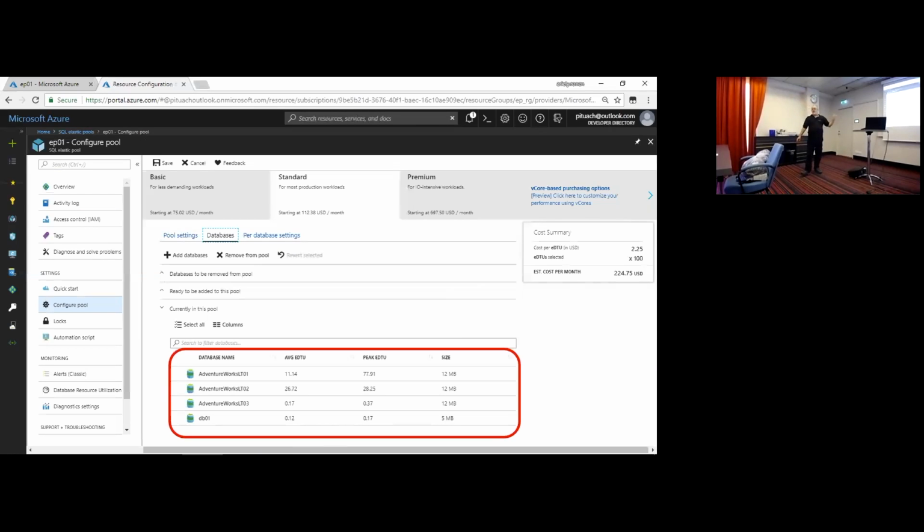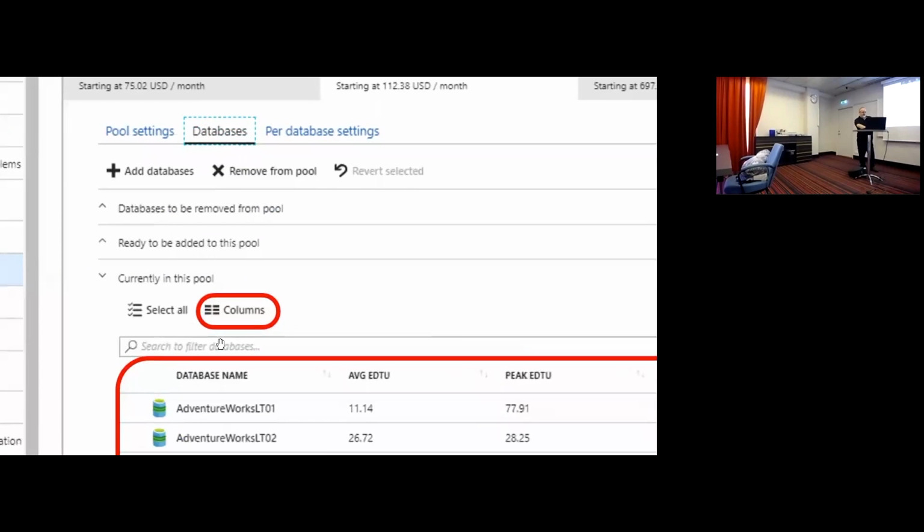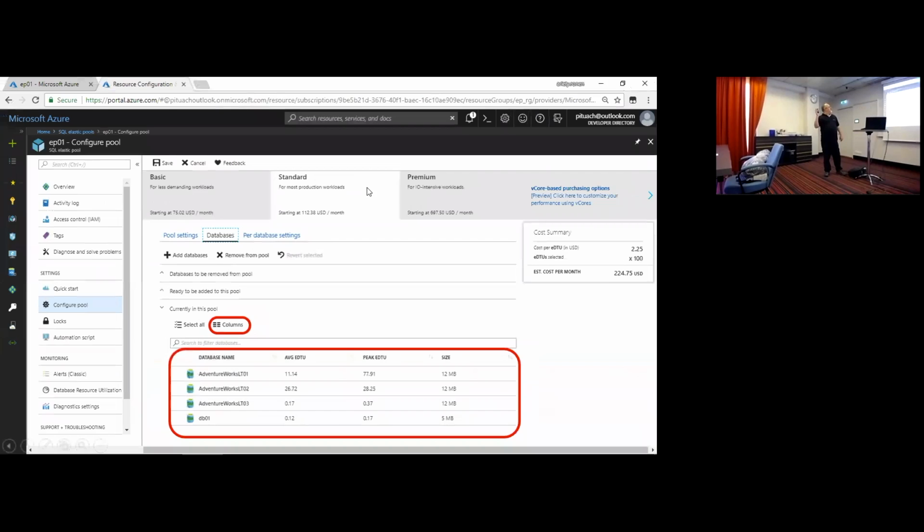Here at the bottom, we can get the statistics of the databases separately. For each database, how much resources it uses, how much CPU, and so on. If you want to decide what to show in the statistics, we can use this option, columns. Is this big enough, or do I need to enlarge it? Let's make sure that everyone sees. If you click the option columns, you will get a list of which columns you want to show in the statistics table that we have here.